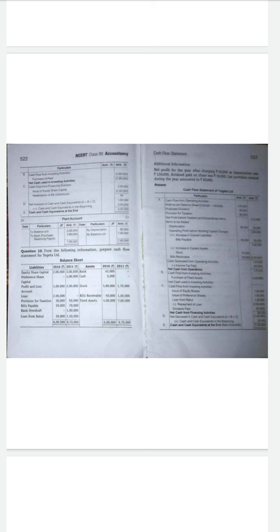So 3,50,000 amount is used in investing activity, that is purchase of fixed assets. So only we are writing this because the amount is going outside. If the amount is coming inside, if the balance is positive, we have to write generated. But the 3,50,000 is a minus figure, a negative figure. It is going outside, so we are indicating the word used in the investing activity. Understood?